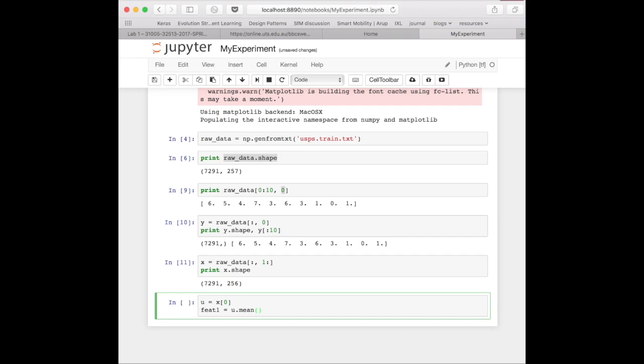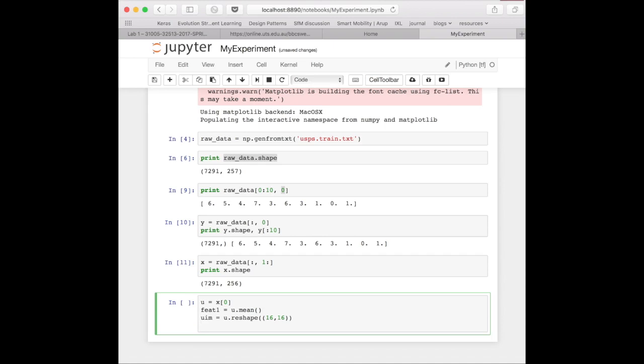And for the horizontal symmetric property, we need to first represent U as a 16 by 16 image. That is called U image, because it is a different view of U, reshaped to 16 by 16. And we have a horizontally flipped version of U image. Now U image is 16 by 16. If we want to horizontally flip it, we want, for every row of the image, to use the column index, from the first row to the end. And to flip it,